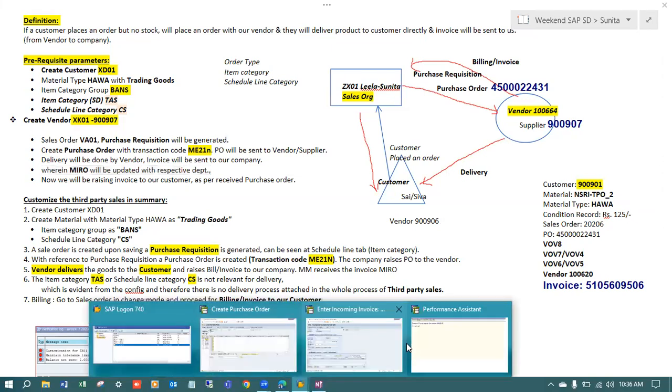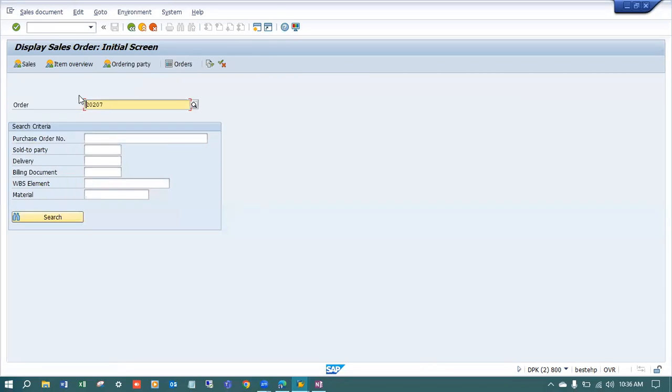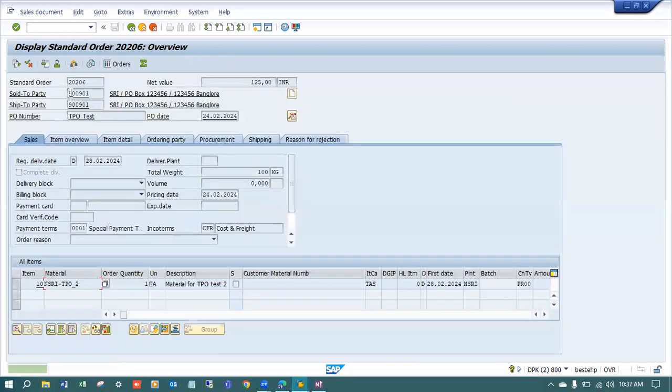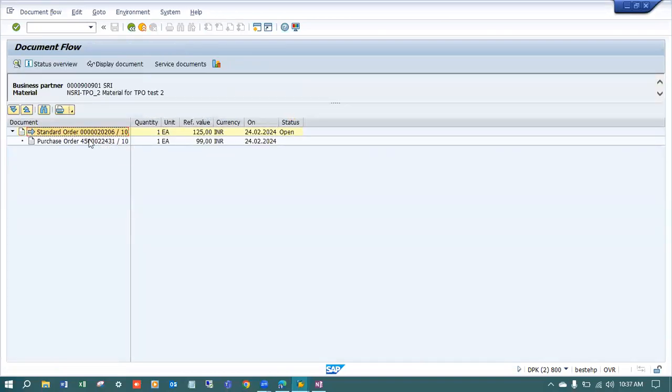Let's go to this. We have sales order number 20206, right? /n VA03. Okay. We have two orders with 206 and 207. Enter. Click onto this display document. We can see here we have one order and along with purchase order also. Okay. Now